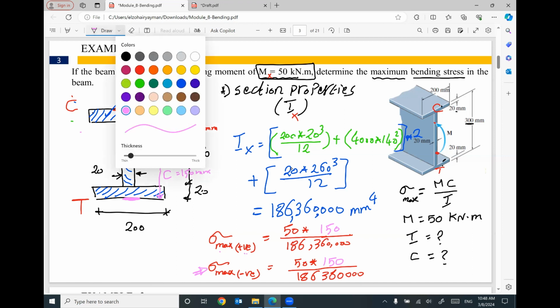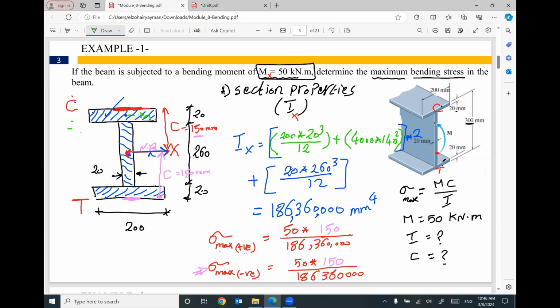We have some adjustment before going forward because this 50 is kilonewton meter. So I can multiply it by 1,000 and another 1,000. Why? The first 1,000 is to convert from kilonewton to newton. The second 1,000 is to convert from meter to millimeter. So right now, the unit of the moment will be Newton millimeter. So this 50 will be multiplied by 1,000 times 1,000 one more time. So the final stress here will be positive. The final stress here will be negative. So 50 times